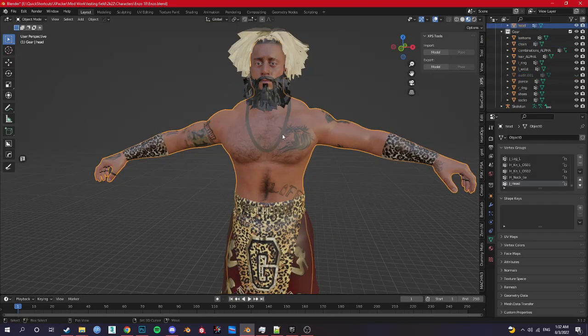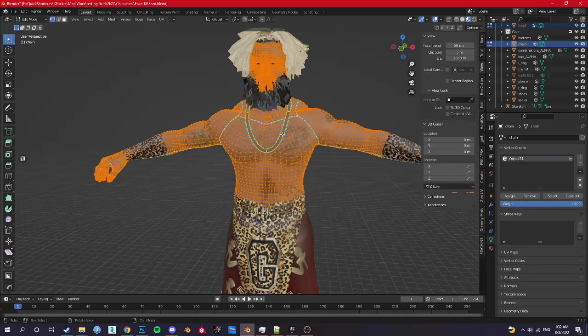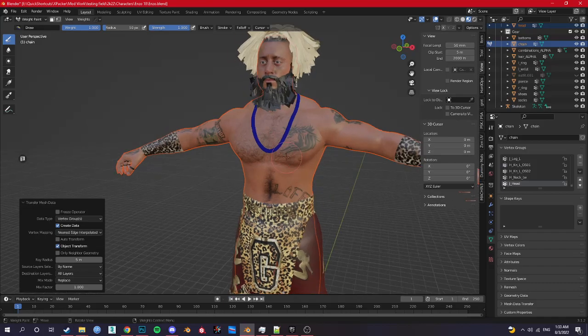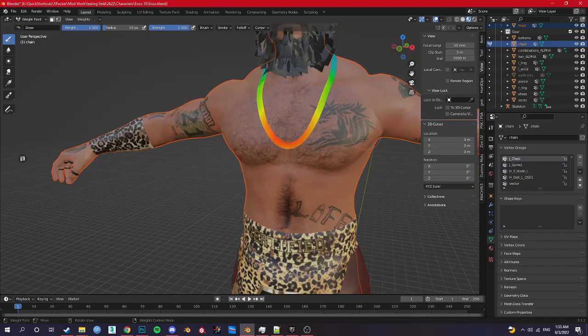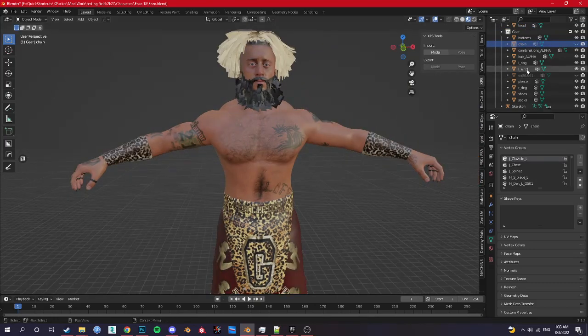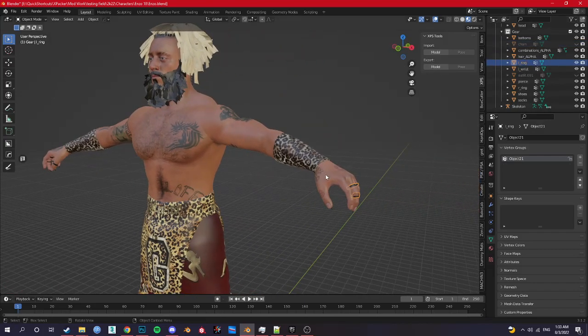Chain, weight paint, transfer weights. Chest, you can see. Hide the chain. Then we'll go to the rings,